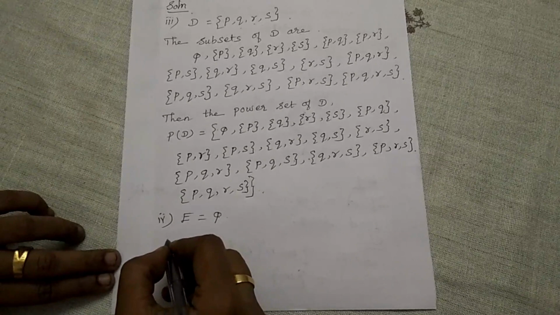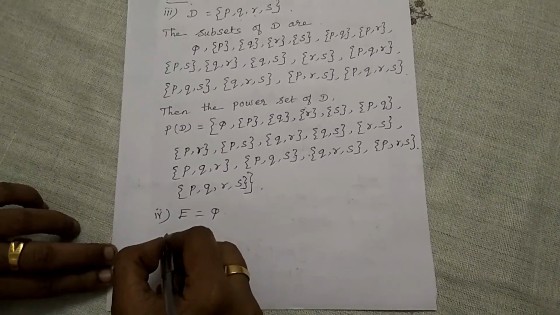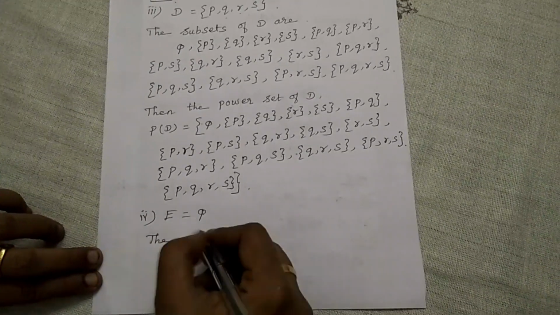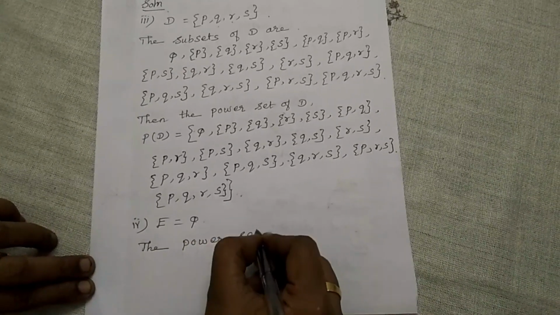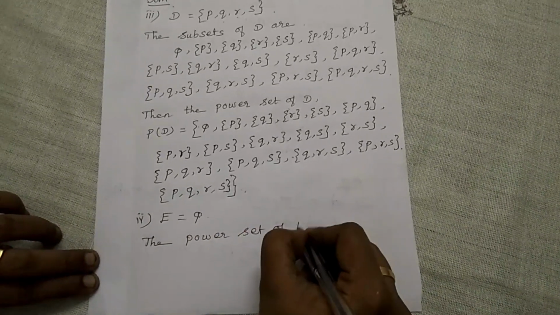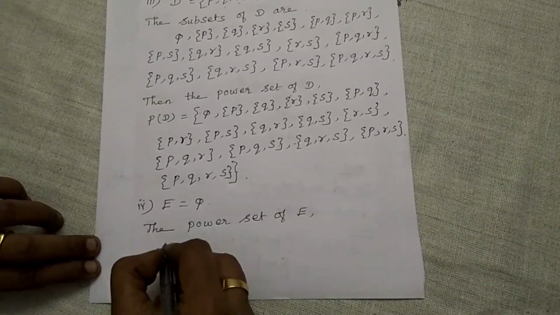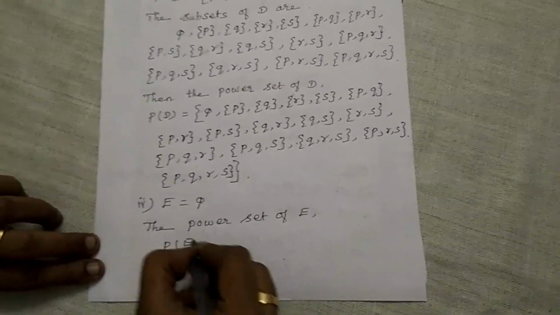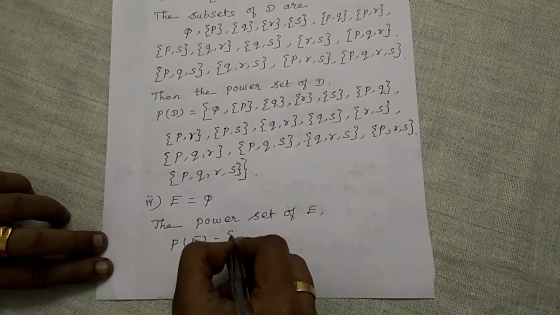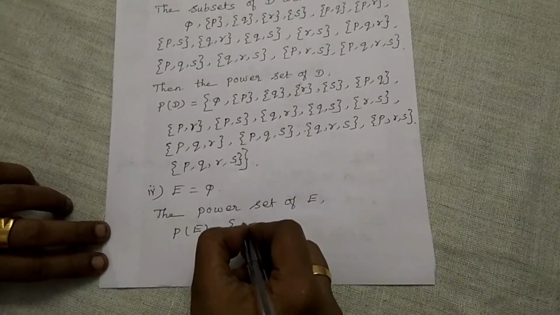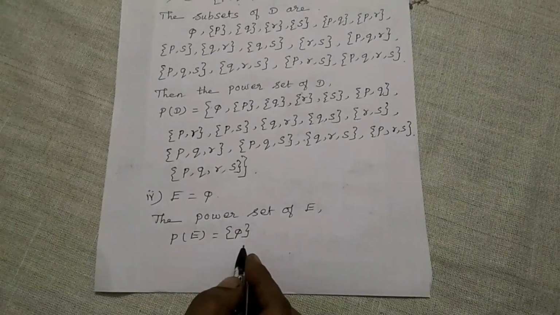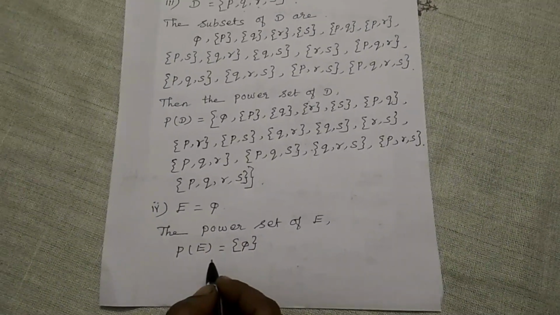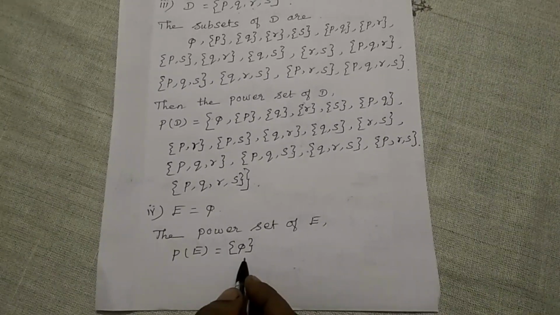So we can write the power set of E, that means P of E. P of E is equal to set of, subset is null set. Okay. And set of phi is the answer. Therefore, the answer is set of phi. Have you understood? Next question is